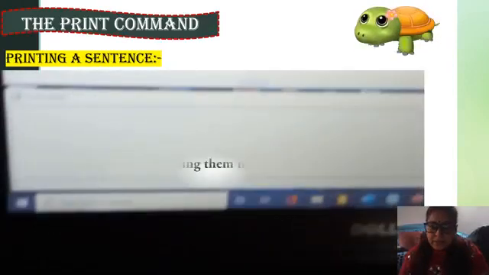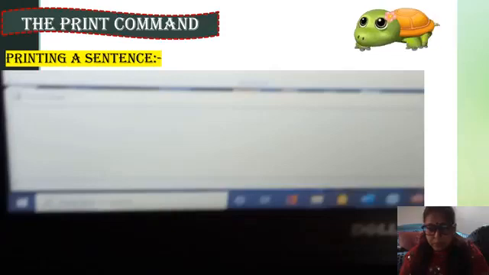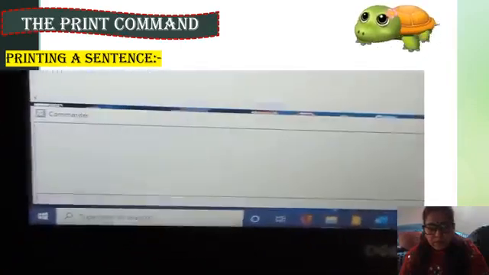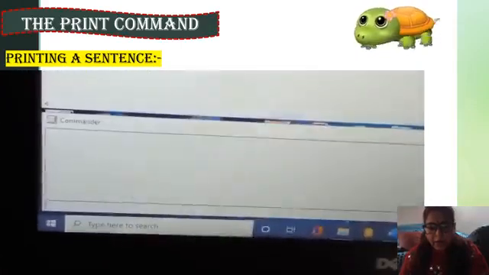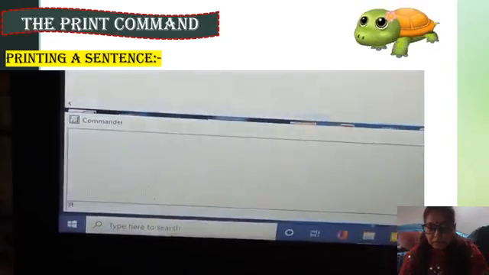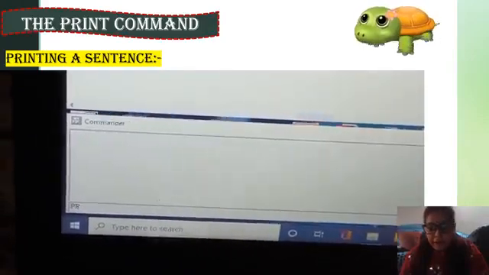Same, you have to open the Logo window. In the commander window, here again you have to write. Now we are here, type PR. It's a short form of the print command.